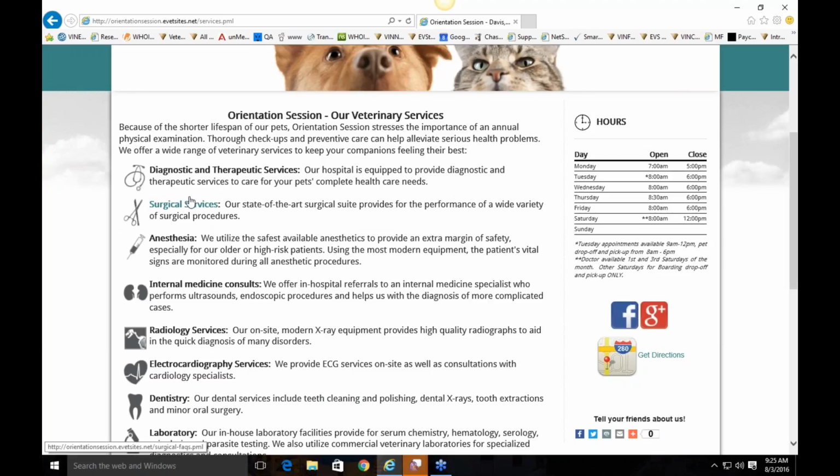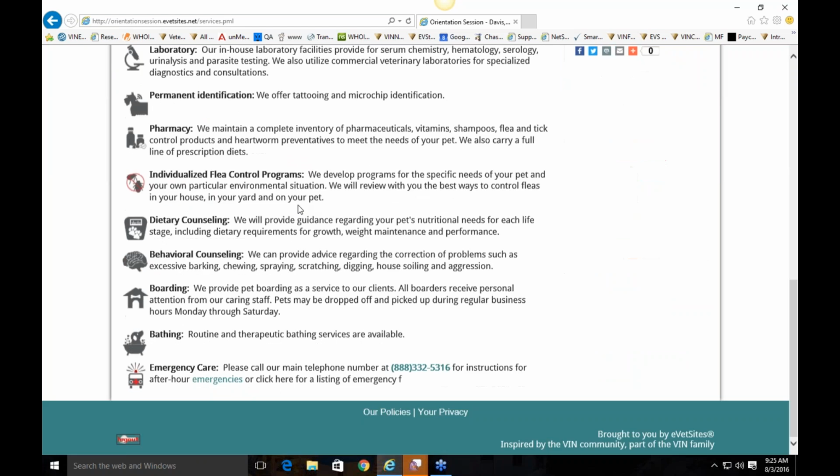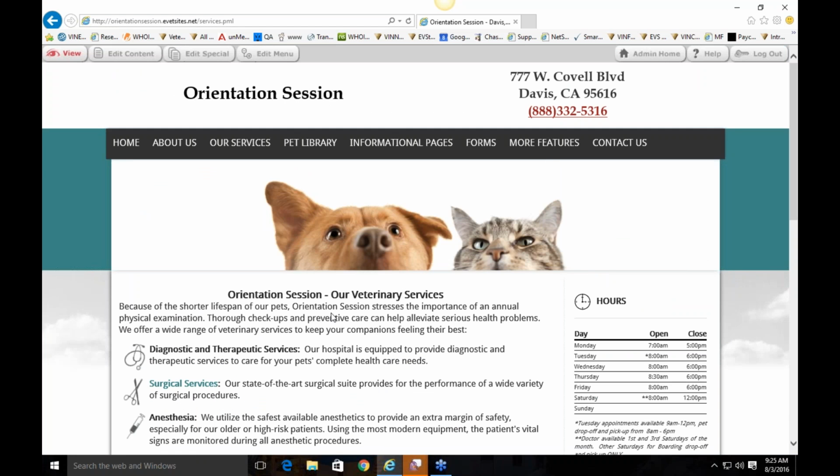You'll notice here we have a link. You can link to any of these pages if you'd like, if you want to do an entire page just on that one service. And we also include some little icons here. So again, just make sure you comb through that and that you aren't listing anything that you don't offer at